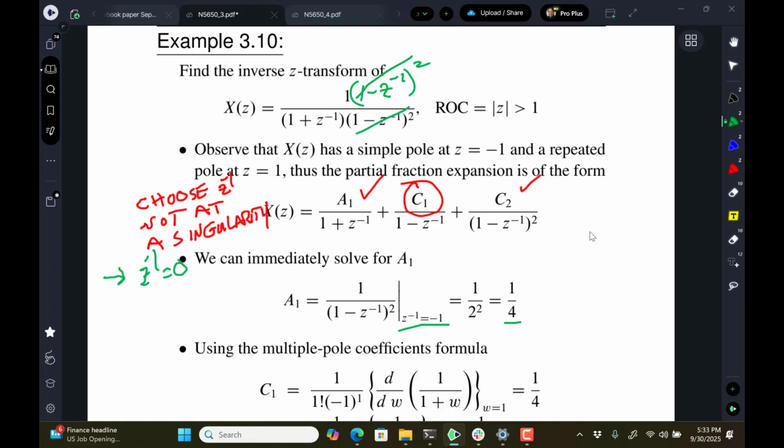So pick z to the minus 1 equals 0. If I do that, I'm just going to try to write this down below here. I'm going to start by using what we know up above here. So I'm going to get rid of this. I'm going to take what x of z is, and I'm going to plug in z to the minus 1 is equal to 0. So I'm just going to get 1 over